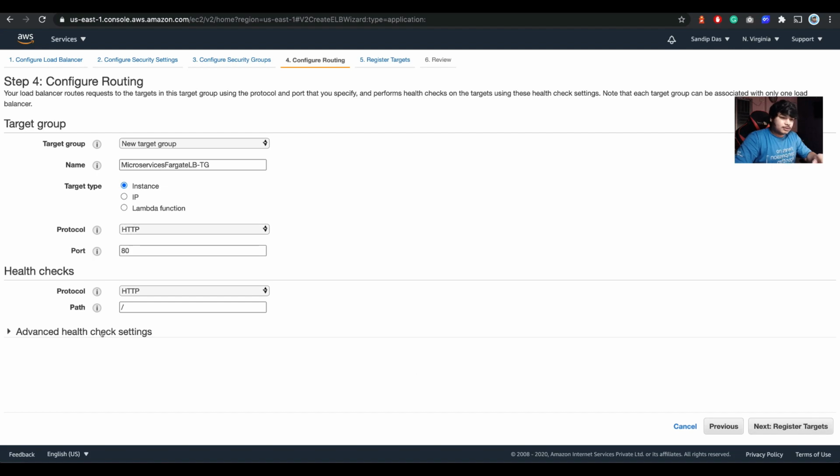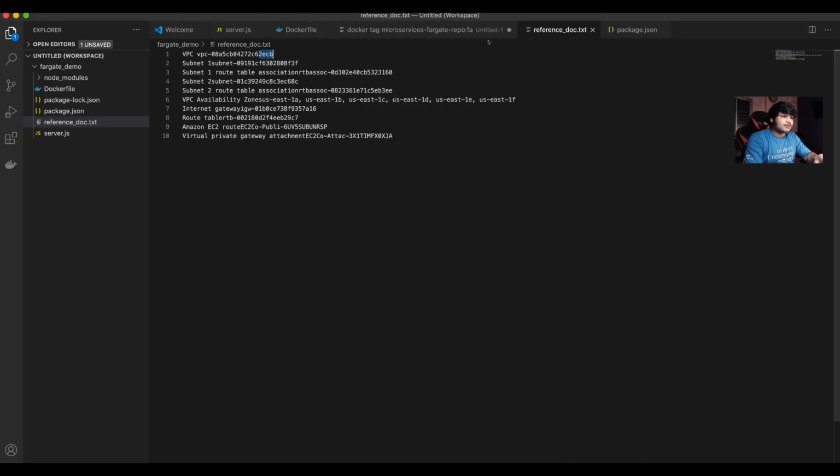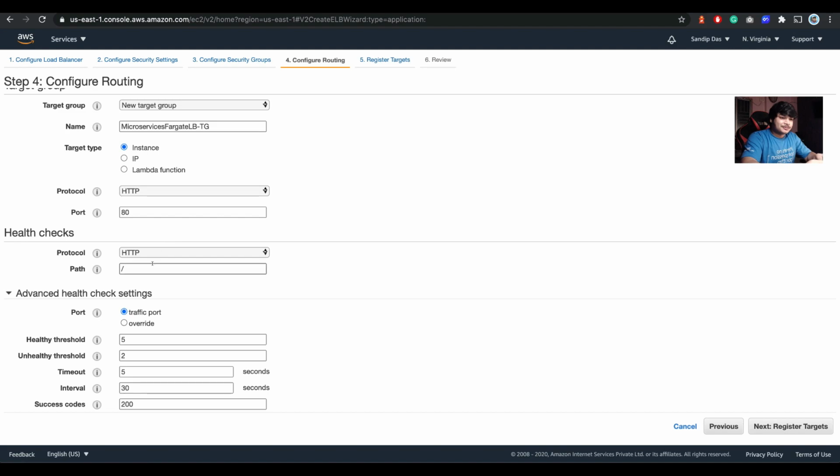Go with the advanced health checking part. Now see, if you come here and see the route part, this is the route, right? So make sure you utilize them properly. If you go for another path, don't mention it, it will be problematic. So give the path.